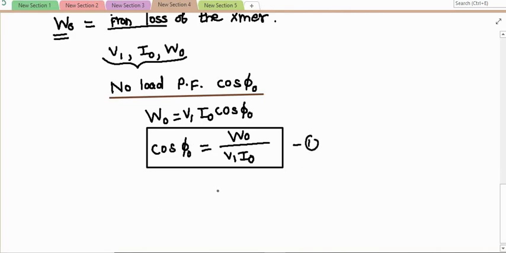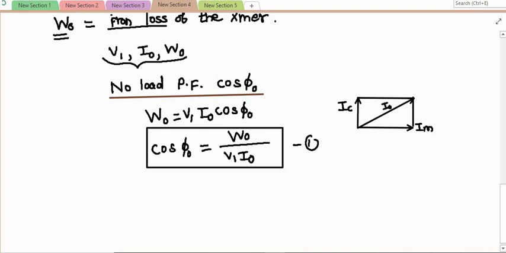Now from the no load phasor diagram we have seen what is your I naught, the vector sum of what? Im is along the x axis, because we have taken flux as the reference, then Ic is in phase with, in opposition to that of your E naught. So this is your Ic, and the vector sum of your Im and Ic is nothing but your I naught.